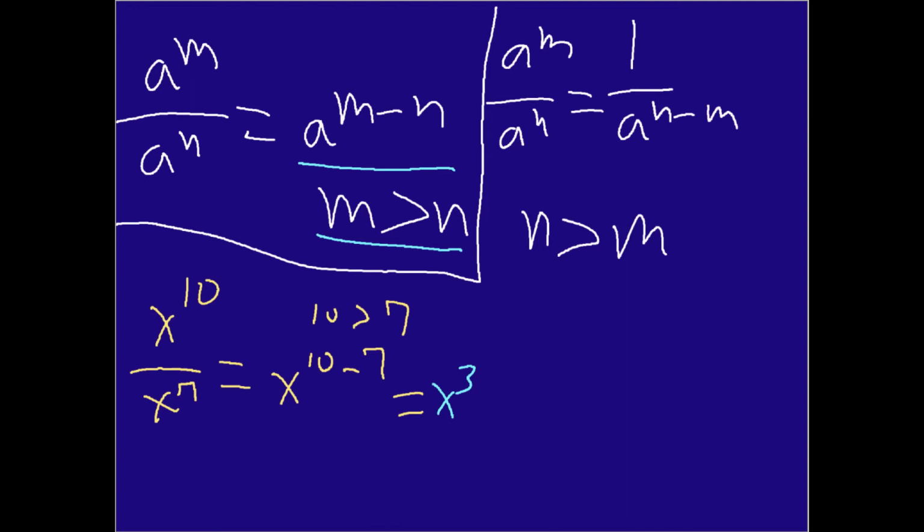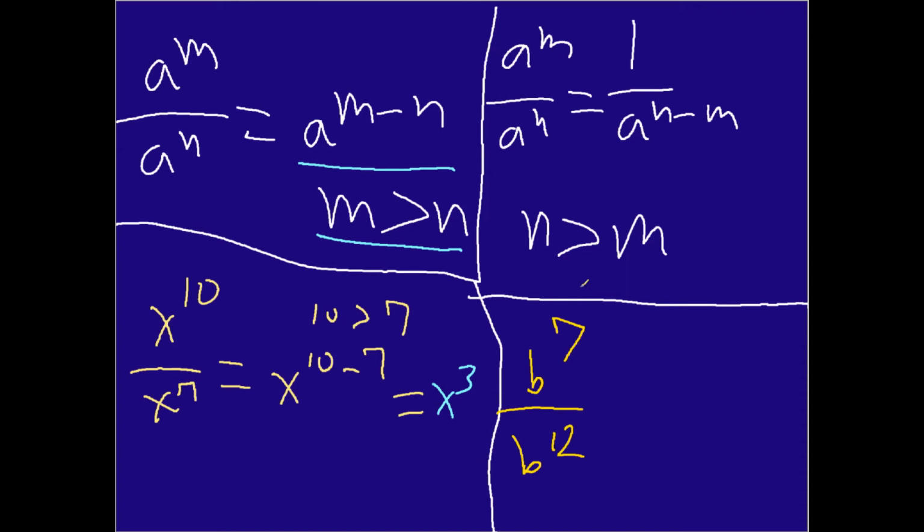Now, wrapping this up, I'll show you the opposite real quick. And so the next one, we have b to the 7th power over b to the 12th power. Now in this situation, it is very, very clear that the denominator is larger than the numerator. So what ends up happening is that I have, let me just make the color a little bit different here, I end up with 1 over b to the 12th power